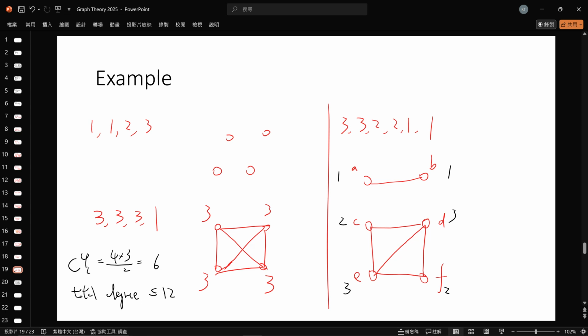Yep. I guess maybe the sequence, if you divide the sequence into lots of graphs, the degrees have to be a pair, like